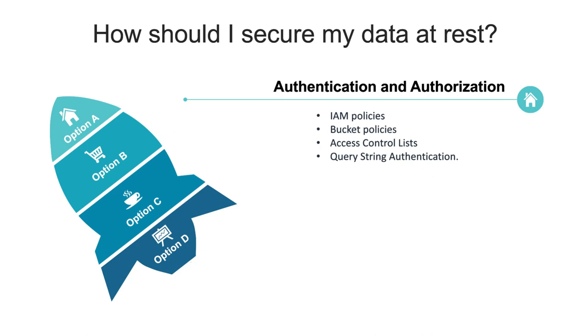That is one way. Other way is to have bucket policies. We can have policies at the S3 bucket level, so anything residing in that bucket, we can control using these policies. Third type is access control list. Now this is used for finer grain access. If we want to give it at bucket level or for objects within the bucket, we can use ACLs. And last is query string authentication. This is when we want to give a temporary access for some period of time. We can create a query and give it to users for a stipulated time, and they would have access for only that time.